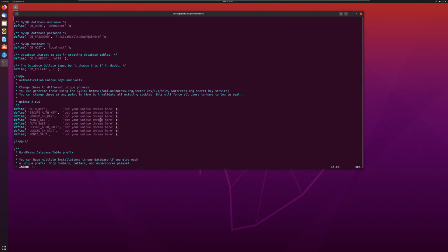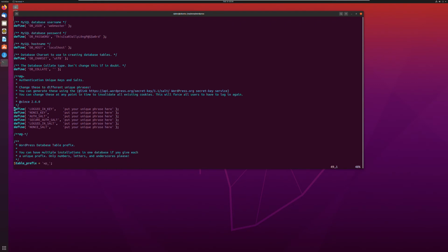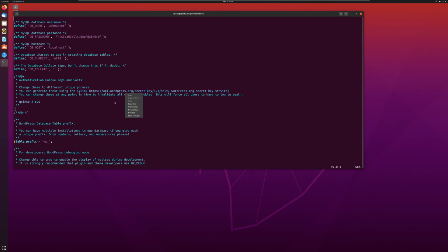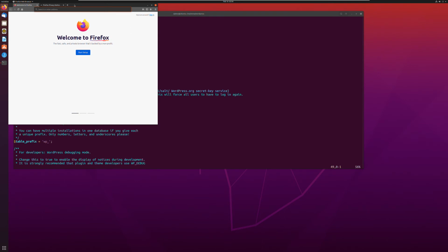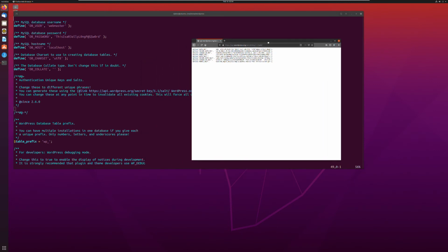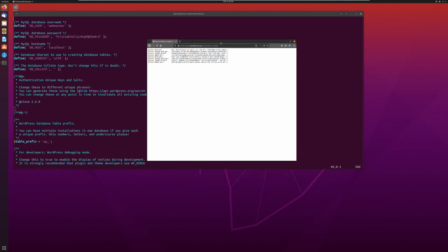Now the next part we're going to work on is right here. So delete all these. Anything that says like define right here. And then we're going to go to this website. So we're going to copy the link. And yeah, you can open it from there. Just habit forming. Okay, I'll close that. Launch this. Alright. Now you may have a bit of a hard time seeing this on my screen, but hopefully you're following along. This is going to be like your salts and key data and stuff like that